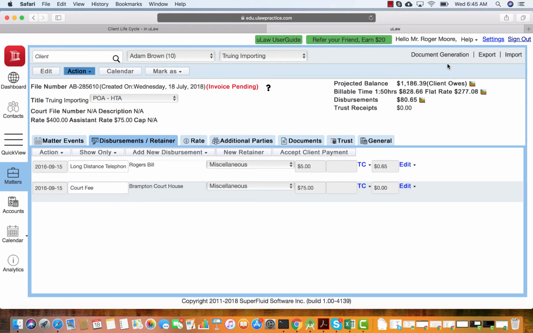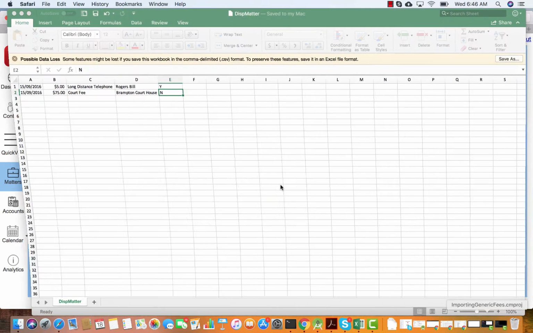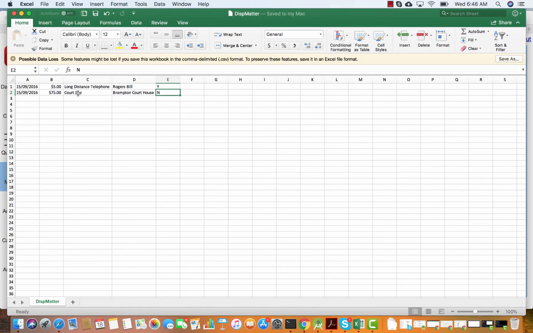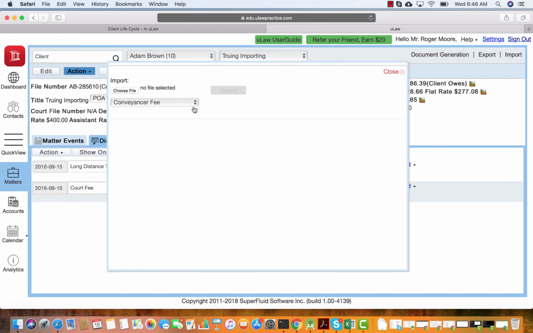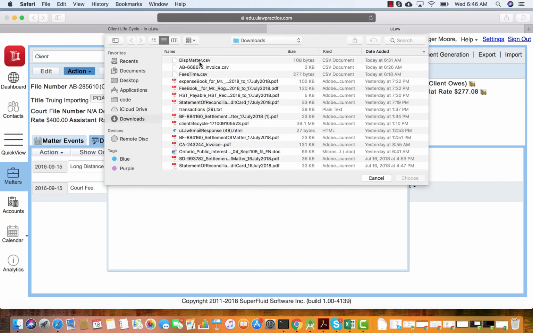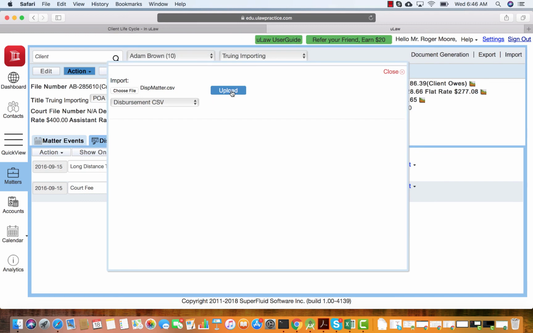So to summarize, we have a very generic format for disbursements: date, amount, title, description, and a column to indicate yay or nay for taxable. And then you come to import. Inside the matter that you want to import into, change this to generic disbursement, load up the file, and then upload it, and then when you take an action,